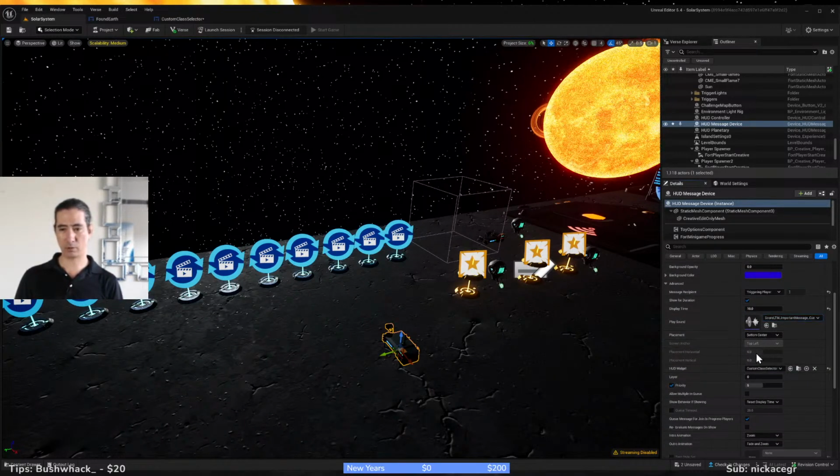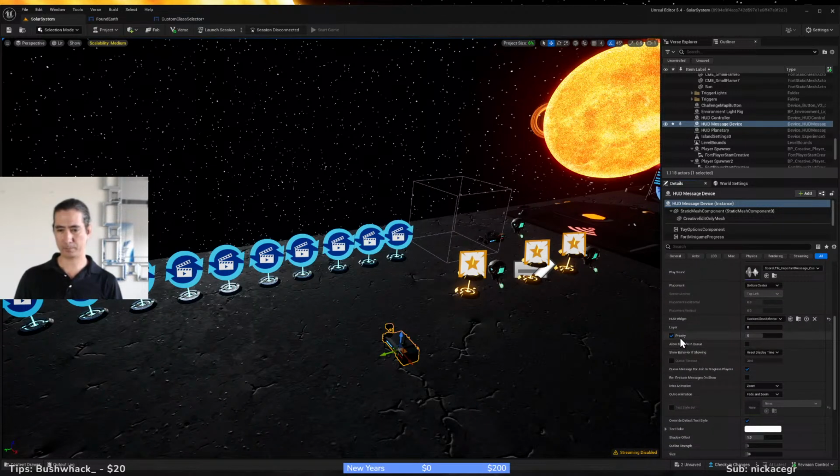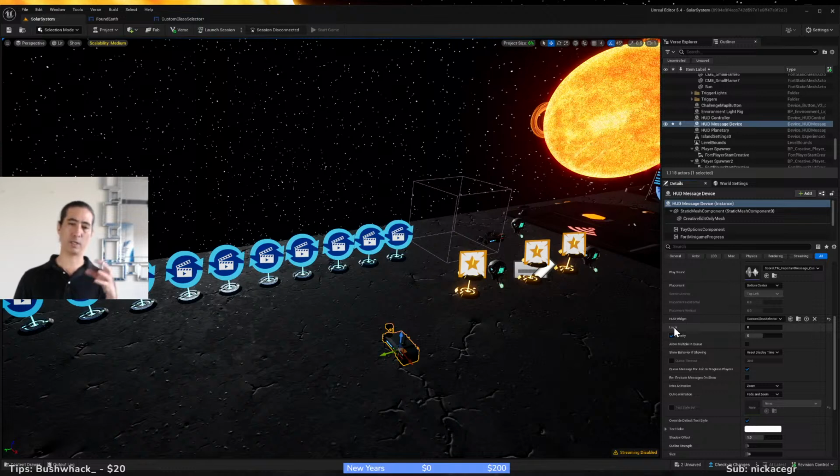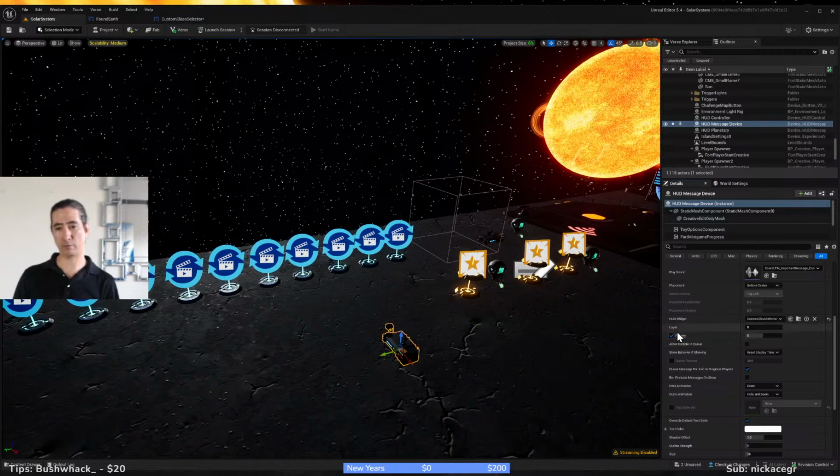Placement, bottom center, top center, or custom. If you do the blueprint, the custom will, again, allow you a lot more freedom and options to do that. Let's see, the priority. You might not need to mess with this. Also, same thing with layer. Because of my custom heads-up display on the solar system, I tweaked a bunch of this stuff to figure it all out. But for what you're doing, it sounds like you're just going to pop up a message for a few seconds.